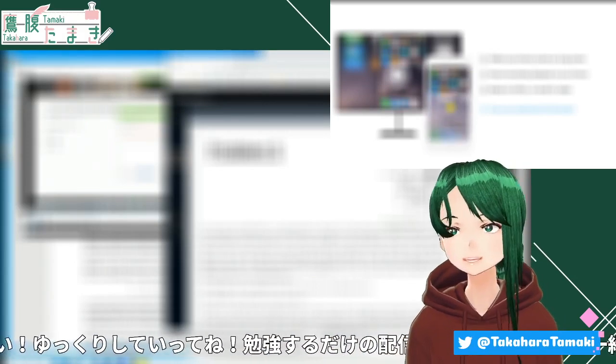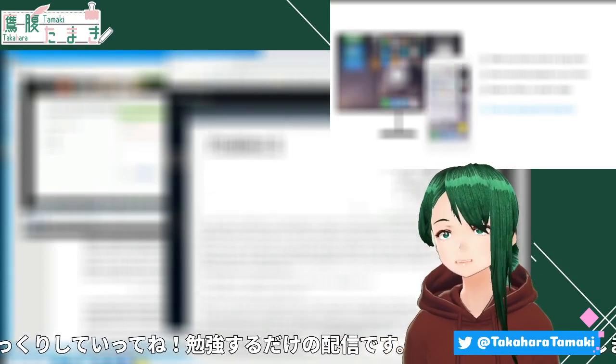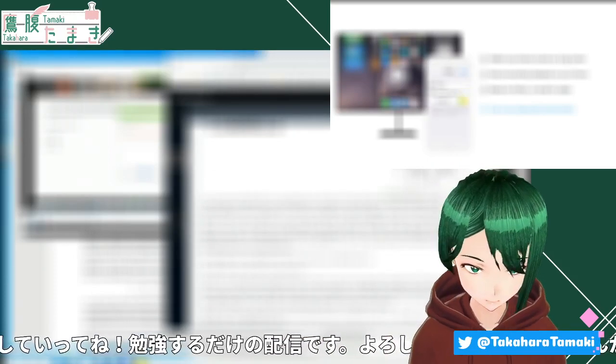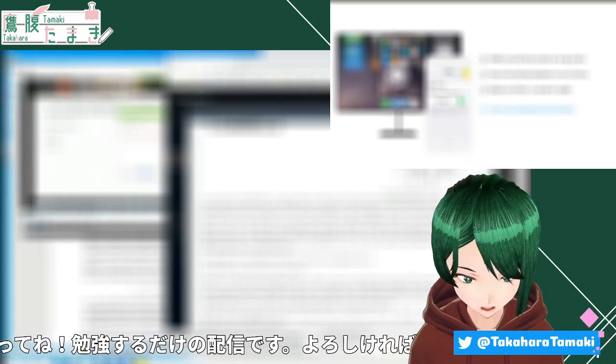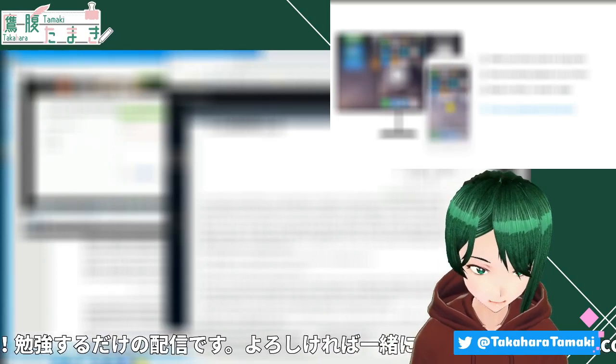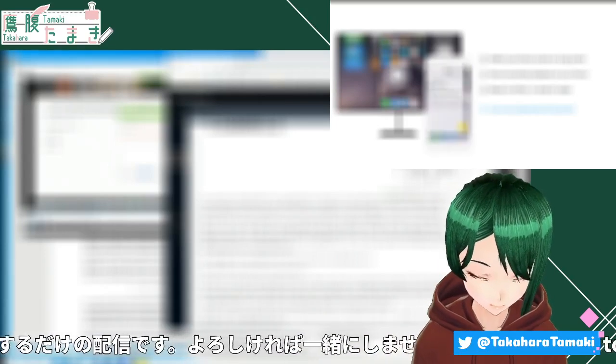FX trading. I don't know what that is. I've heard that it's really scary, but or that was, I guess, 4x. Is FX and 4x the same thing? I don't know what that is, but